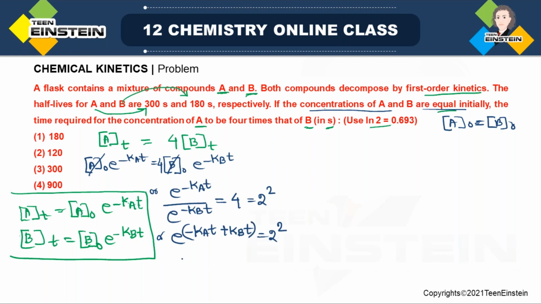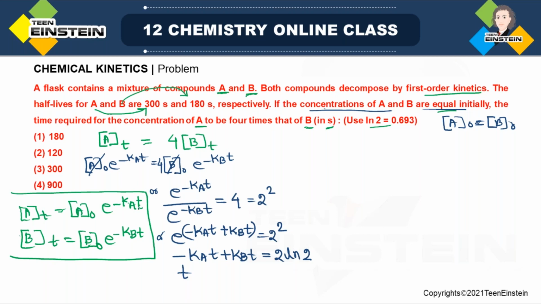When we take ln both sides, e will be cancelled. So finally Kat plus Kbt equals 2 ln 2. Okay, ln2 value is given, and this t we have to find out,